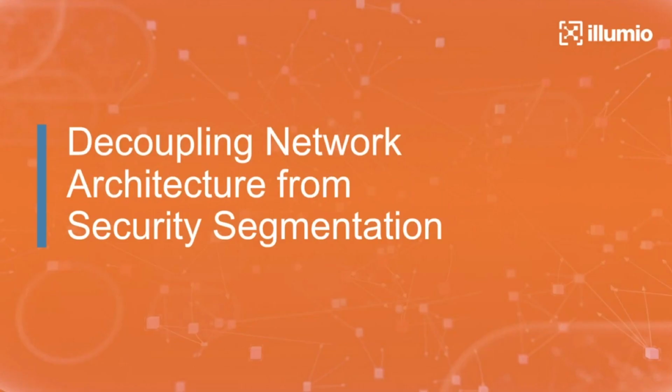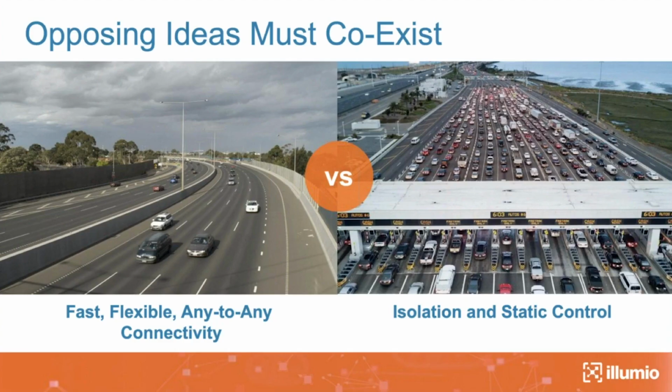So how do we solve this problem? Well, I think there is a way that makes it far easier to solve this problem. Let me walk you through an analogy, and that will help you. If you're looking at this slide, on the left-hand side, you see freeways. The job of the freeway is to get you from point A to point B as fast as you can.